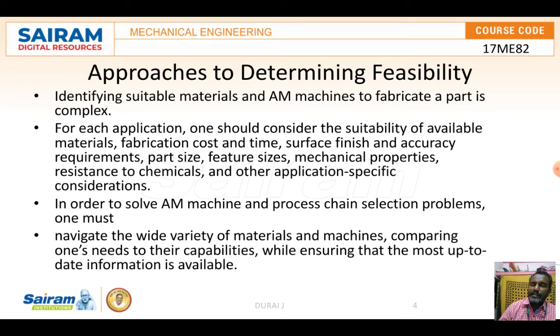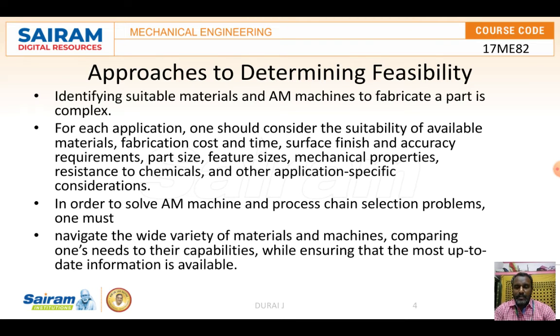For each application, one should consider the suitable available material, and also the fabrication cost, the time of manufacturing, the surface finish of the component and the accuracy. So the component should lie within the tolerance value or not.